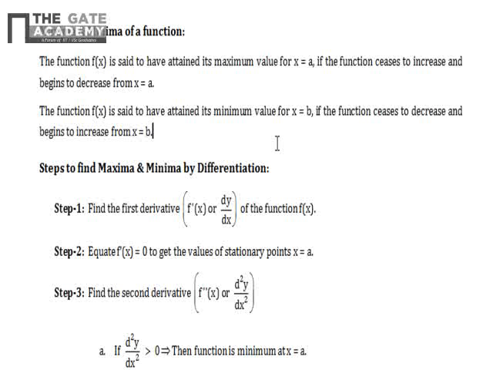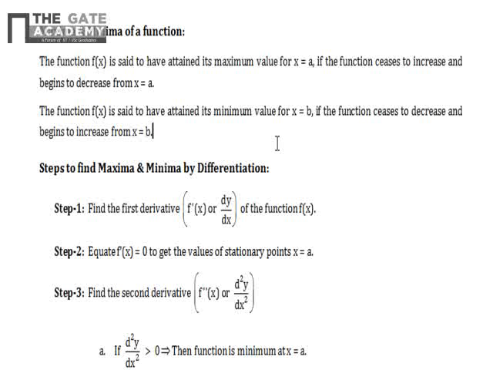Now we'll see a new concept, how to find the maxima or minima of a function. It's very simple. The steps are very simple, but first we'll understand what the maxima and minima are. Maxima means the function is approaching towards its maximum, and at this maximum point it will start decreasing. In the exactly opposite manner, minima is that point where the function is approaching towards the minimum of its value, and after this point it will start increasing.